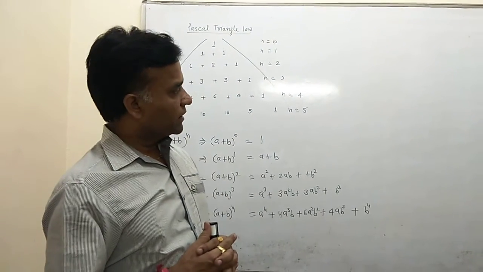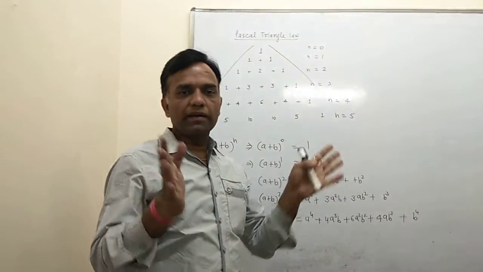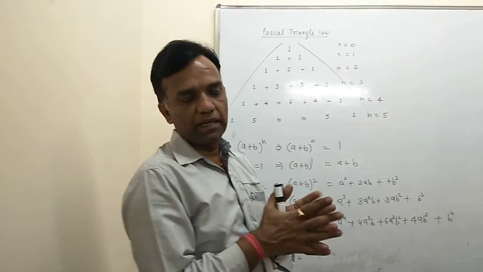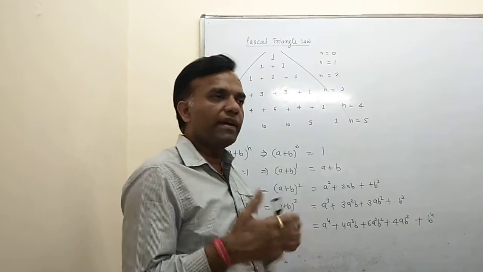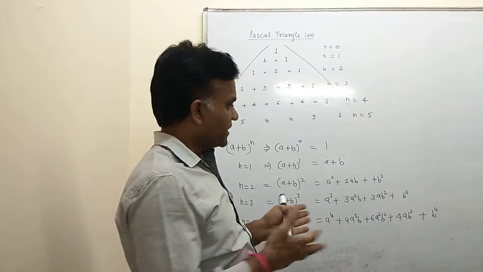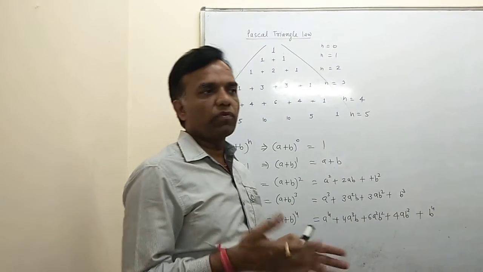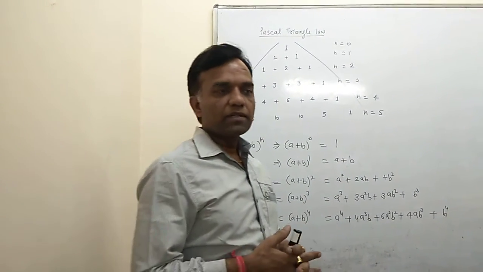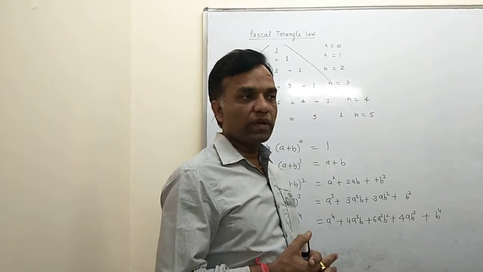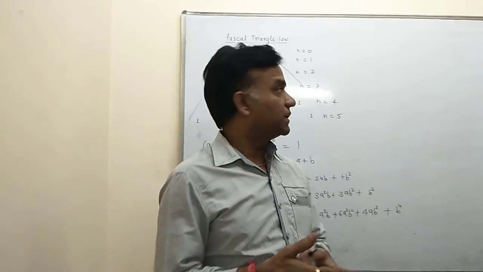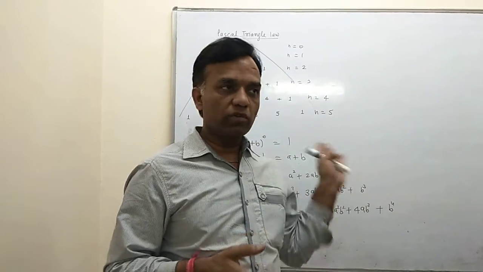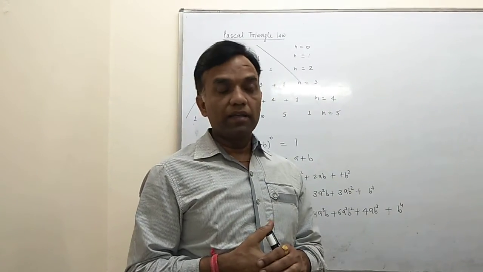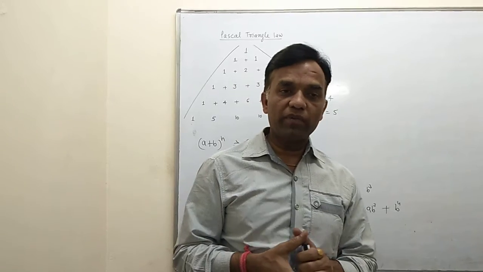Then we discuss all the identities, which are related with the Pascal triangle law, because every identity is related to the first positive form, and then you can convert it into negative terms. The second term you replace by the minus sign, and then your formula converts into the negative terms. So all these identities are very easy going. First you know the basic identity, and then that concept we use in the form of Pascal triangle law. I think you will enjoy all the identities very much.